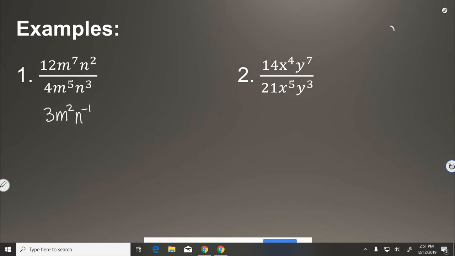Over here, 14 over 21 cannot be divided out because it's going to be a fraction. So we're going to have 14 over 21 divided by 7 is going to give me 2 over 3. Then we get x to the negative 1st and y to the 4th. Continuing with dividing,